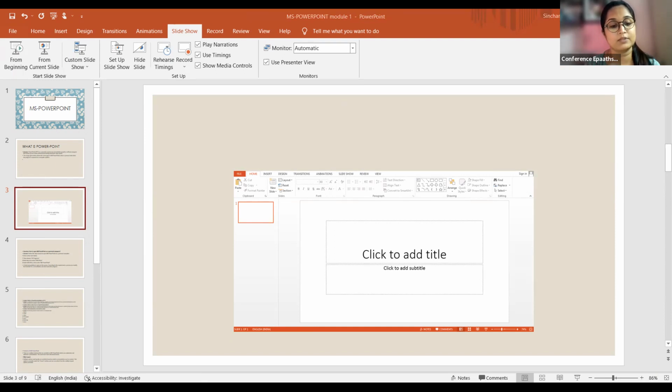So if you type MS PowerPoint here, you are getting this window. Basically what you have to do is go to all programs and type MS PowerPoint and double click here. When you are double clicking there,